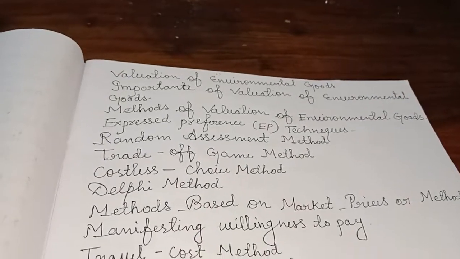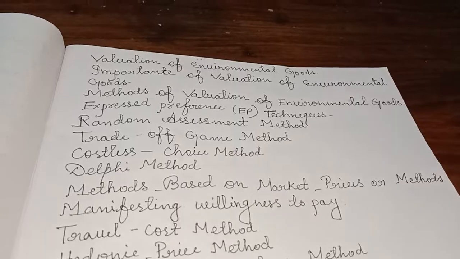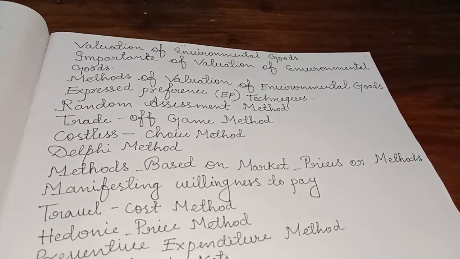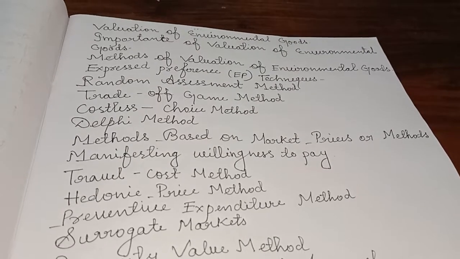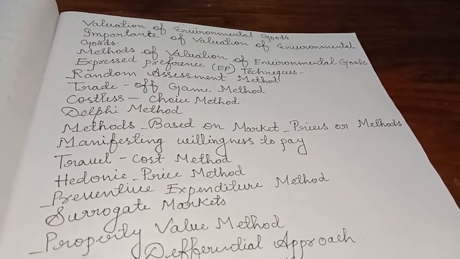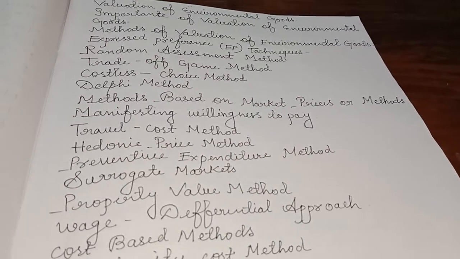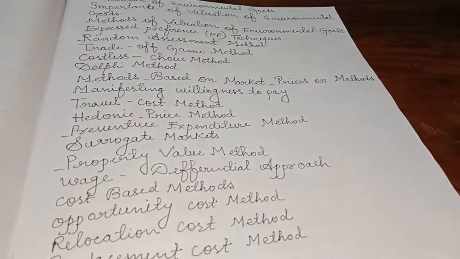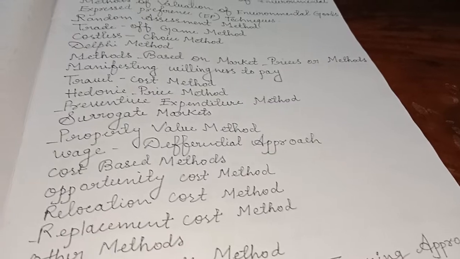Valuation of environmental goods, importance of valuation of environmental goods, methods of valuation of environmental goods: expressed preference (EP) techniques, random assessment method, trade-off game method, costless choice method, Delphi method, methods based on market prices, methods manifesting willingness to pay, travel cost method, hedonic price method, preventive expenditure method, surrogate markets, property value method, wage differential approach, cost-based